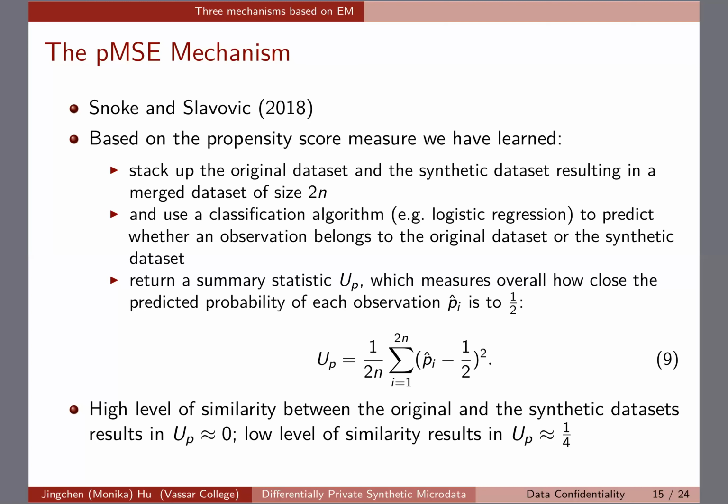If you look at equation 9, maybe in other courses you have heard about this term before, it's the mean square error, okay? So you can think of the truth as 1/2, and you're trying to get the distance, the error term, PI hat minus 1/2, squared, and take the mean, so it's the mean square error. Okay, and P there is just, some people think of it as probability, some people think of it as predicted, some people think of it as propensity, whichever, but it's really using equation 9, as you will see,